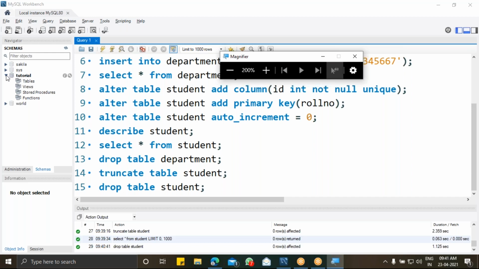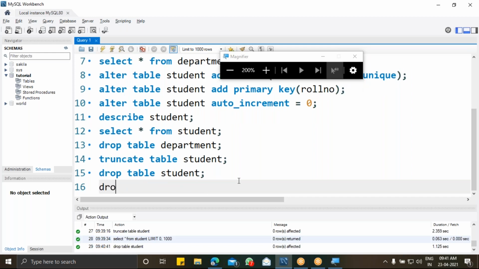When coming to databases, there are only two things: create database or drop database. There is no concept of truncate database. So for a table, I have drop table and truncate table, whereas for a database, I have only create and drop.